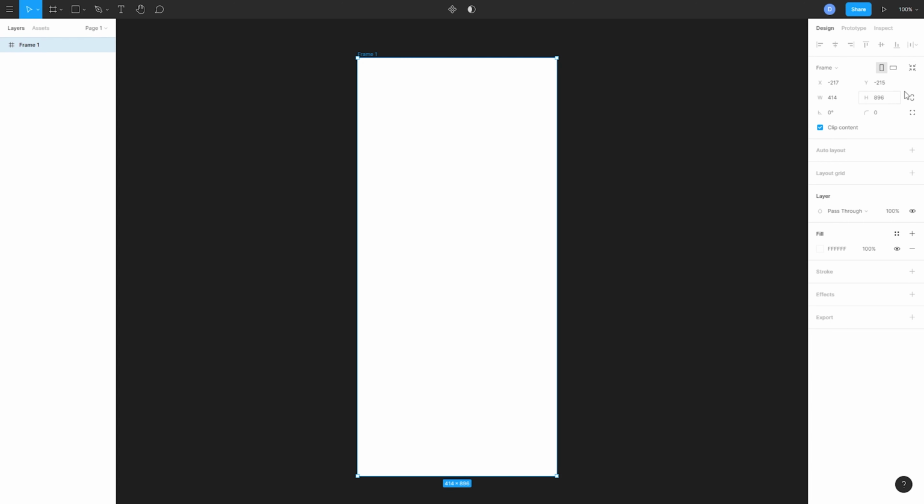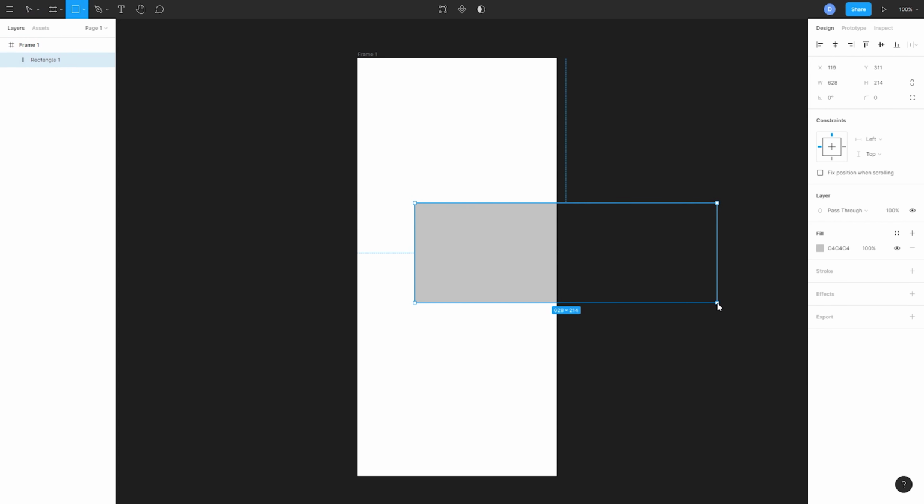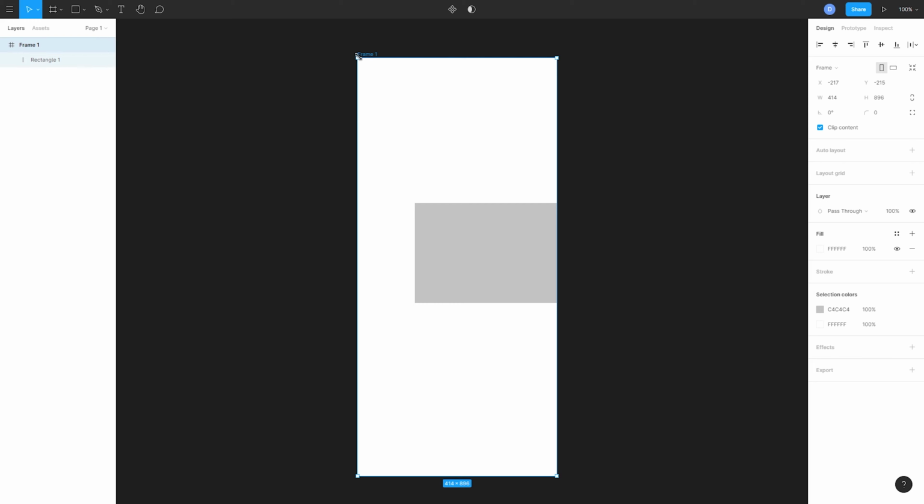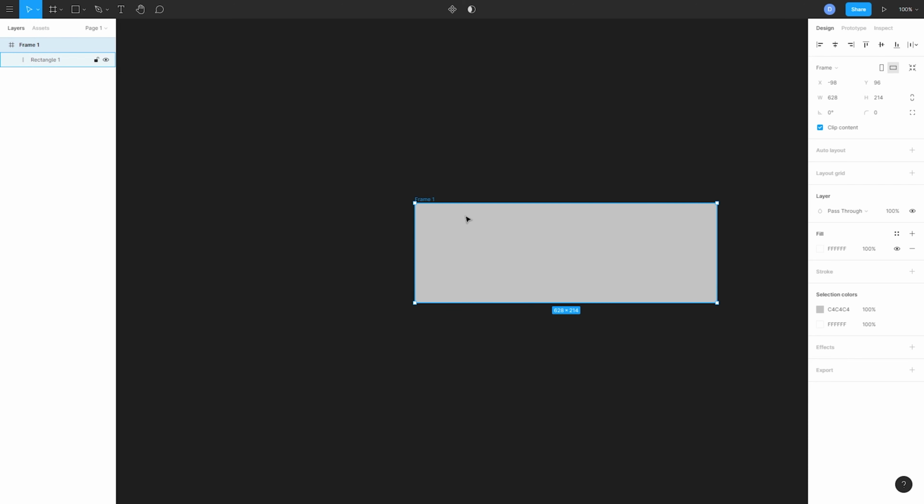Next to these two, we have the resize to fit button. I'll give a quick demonstration of what this does. If you don't understand what happens, it's fine. You need a little bit of knowledge about how layers work and the rectangle tool for this demonstration, but I'll just create a rectangle over here. And as you can see, my rectangle goes out of my frame. So what if I want my frame to fit this rectangle? All I have to do is click on this button, which is resize to fit, and it will fit my